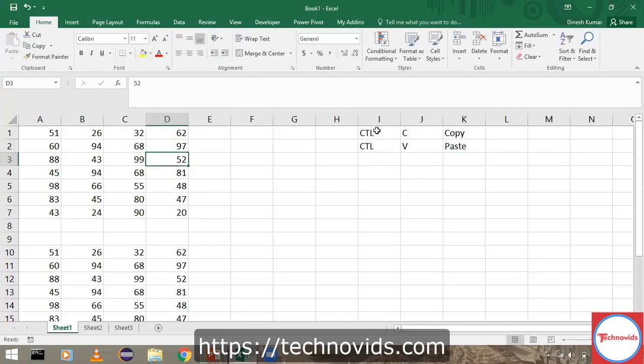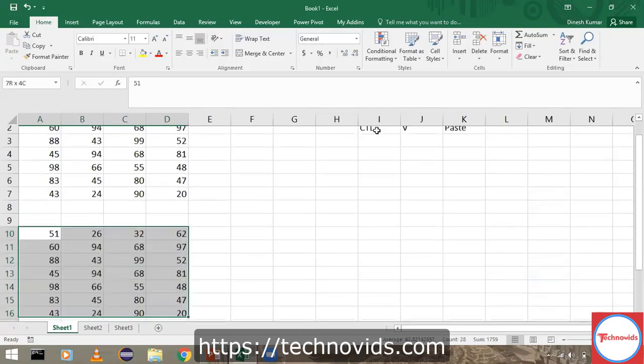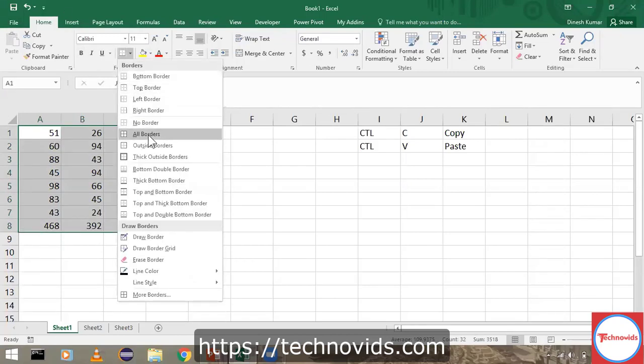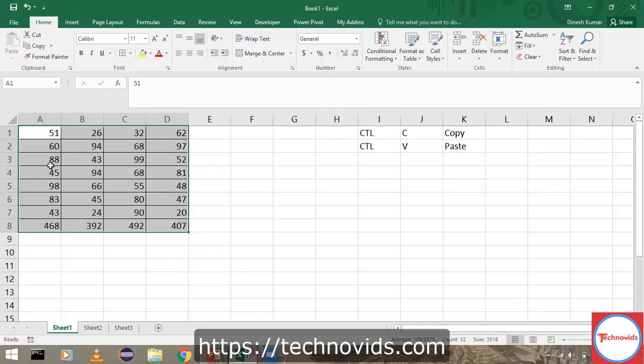But as far as Control C and Control V are concerned, what exactly do copy and paste do? I will give a detailed explanation and show you once again. Let me format this table a bit. I'll use a sum function here and then drag it across. I would simply format this table and select some borders. I guess you're all aware of this basic formatting stuff, so I'm not going deep into that. I'm giving some borders, some background color, and some bold and italic also for my sum function.